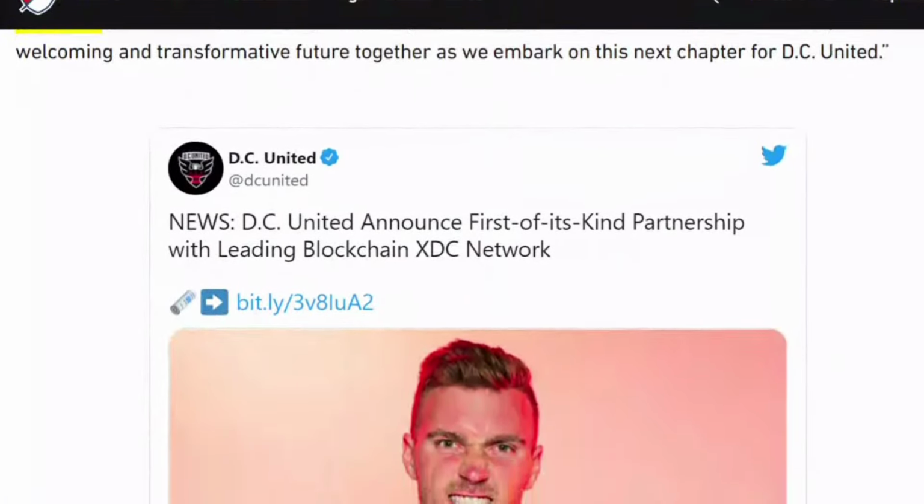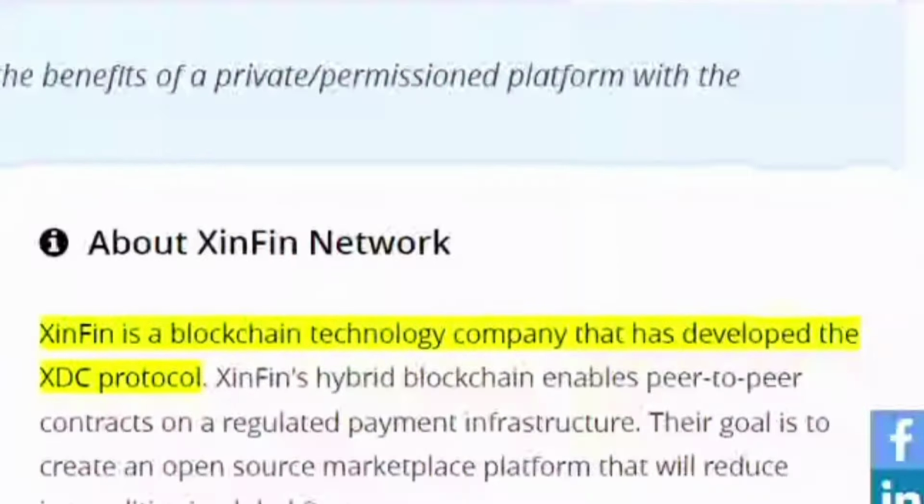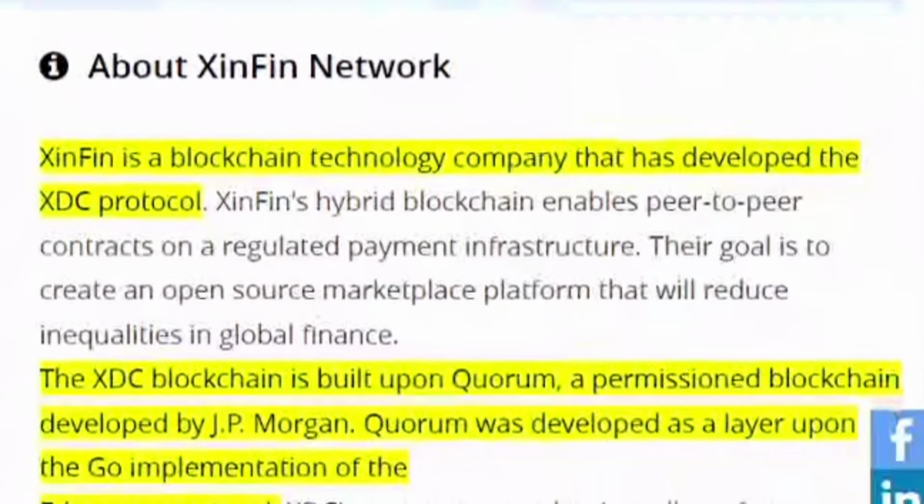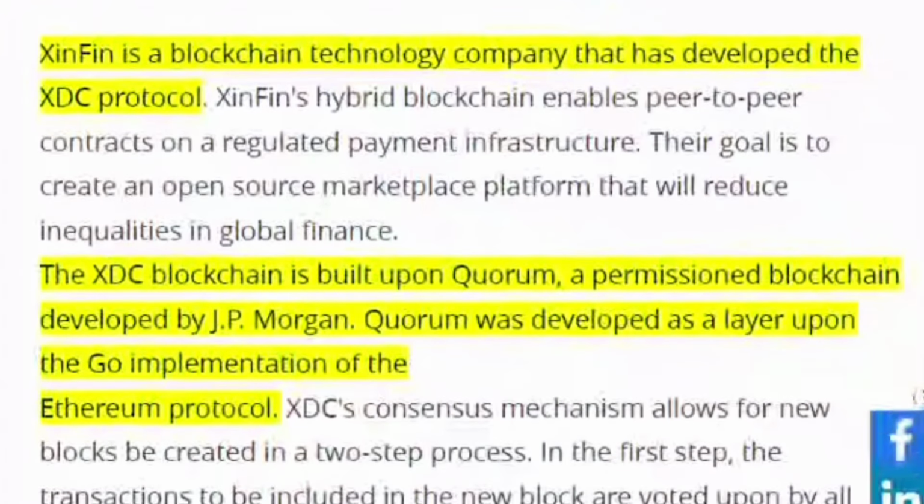That's a small piece to a puzzle that gets much larger when you learn that XDC is also a JP Morgan coin. You see, XDC is a fork of Quorum, which is JP Morgan's first blockchain, now currently known as Onyx. This means that JP Morgan, who is definitely one of our largest financial institutions, had a hand in developing XDC. I don't think they would have developed something that wouldn't be compliant. What I think we have here is a situation where JP Morgan is using Onyx privately and XDC will be their public chain.